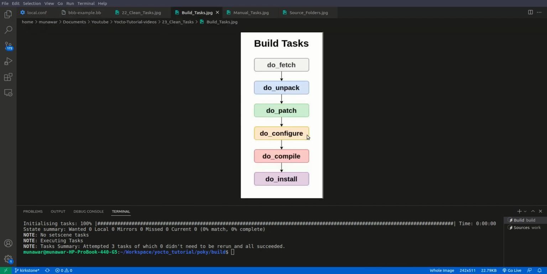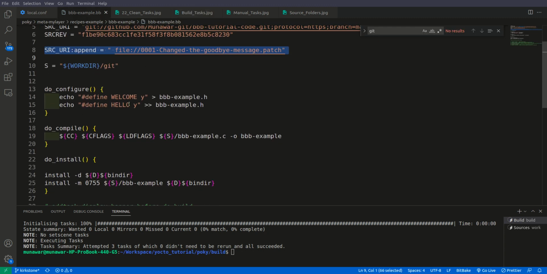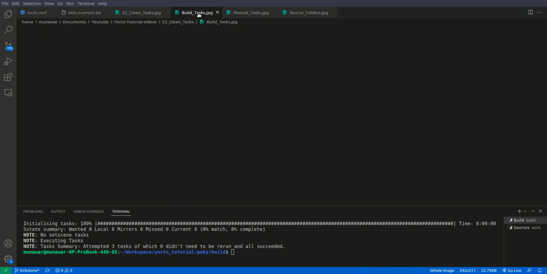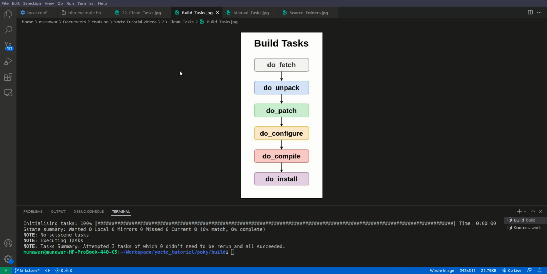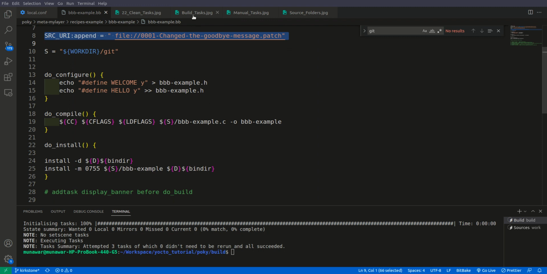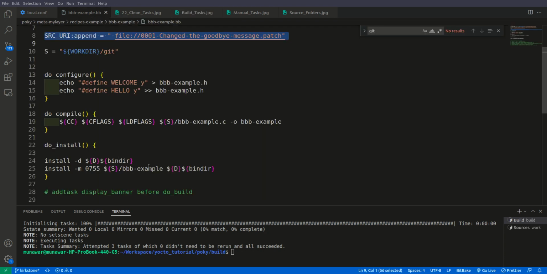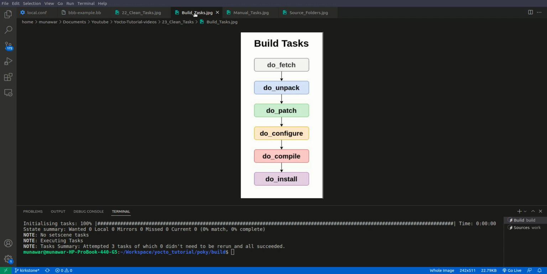After that comes the configure task. As you can see, in our recipe we did some configuration before compiling. After the configuration comes the compile task, which compiles the image and gives us the final binary. And after the compilation comes the install task, which installs the binary and other files into the dedicated folder. In our case it is bindir, it is /usr/bin, I guess. Yes. So this is the overview, but we also have some other tasks other than